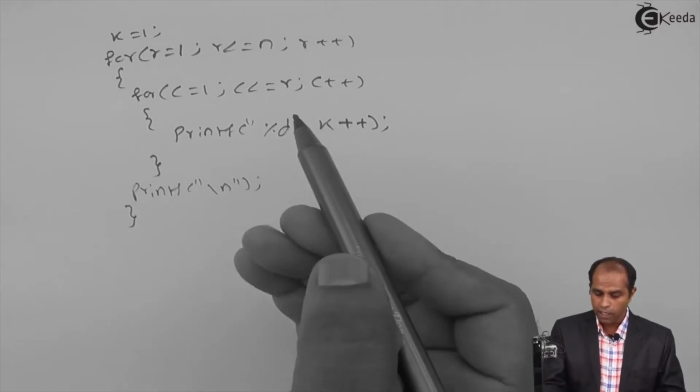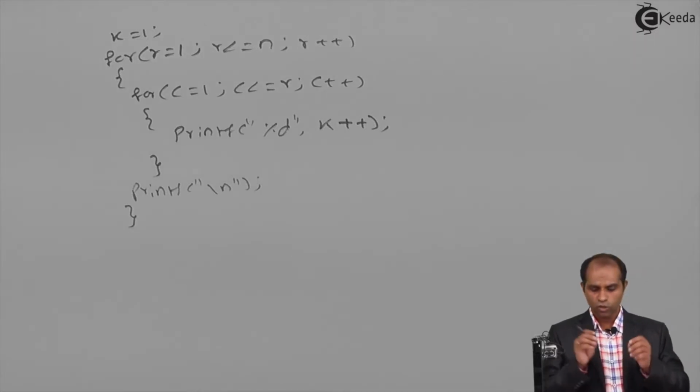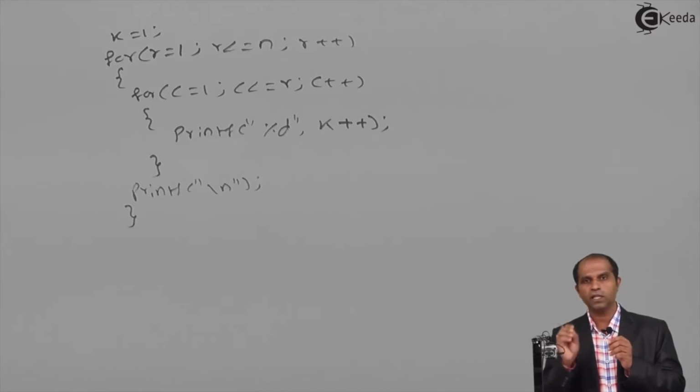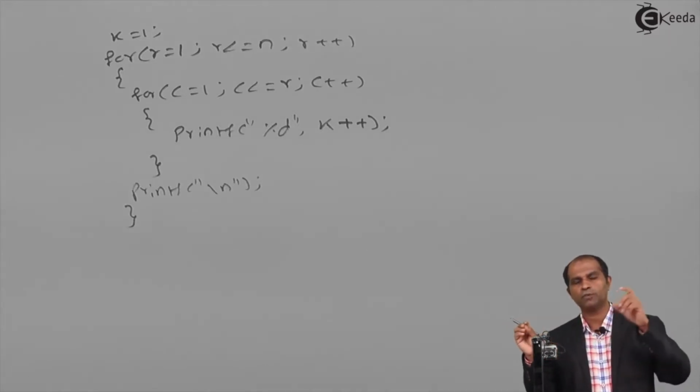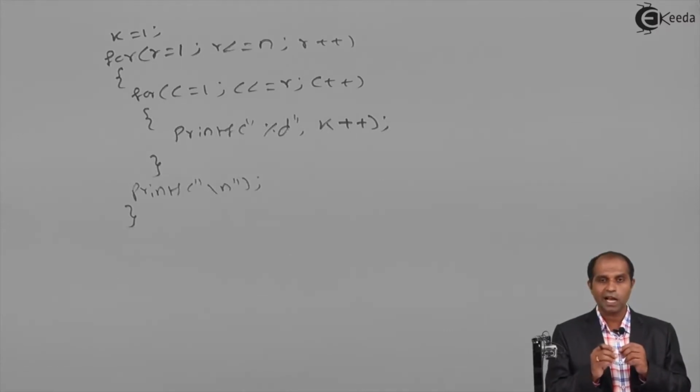So first, what it does is print the value of k on the screen and then change the value of k to the next number. Here, is your k dependent on the value of r and c? No, it's independent of r and c. So the value of k keeps on incrementing on its own automatically, irrespective of the value of r and c. So r and c are going to change as per the one which we discussed.